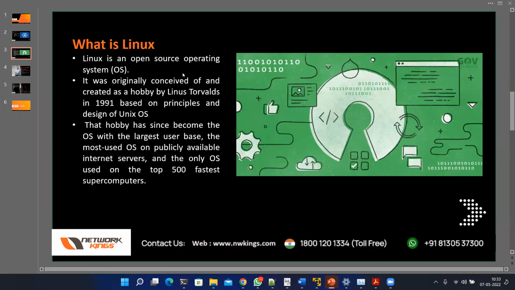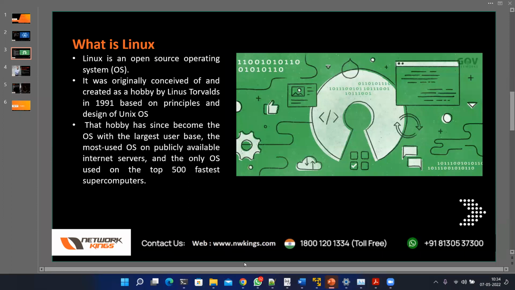Now you may ask, who created Linux at first? Who is the father of Linux? Basically this Linux operating system was developed by Linus Torvalds. Linus Torvalds developed this operating system as a hobby project. But you know, operating system coding is not that easy. You need multiple coders, multiple developers to work on the same project. So that's why he thought of releasing the project to the open source community.